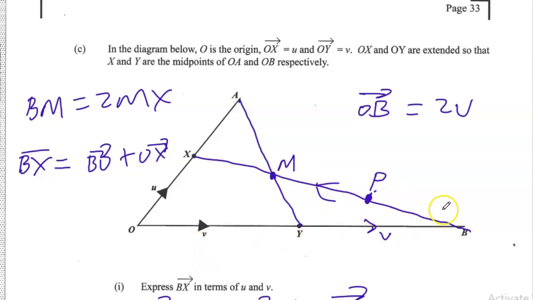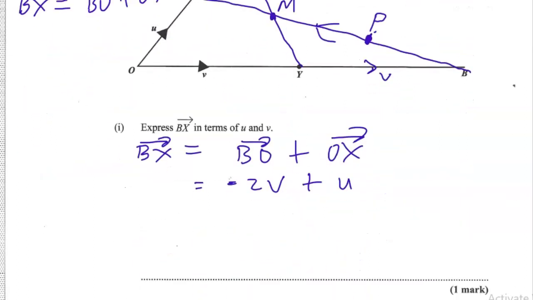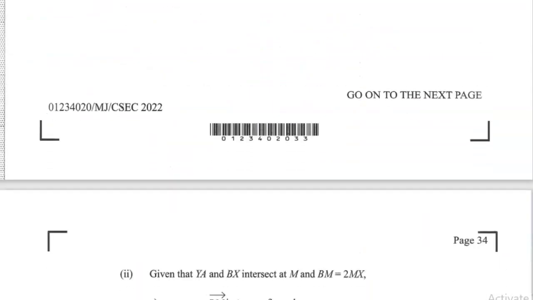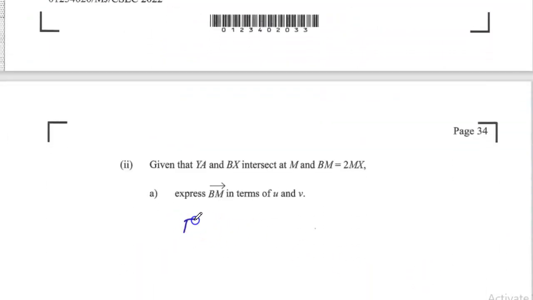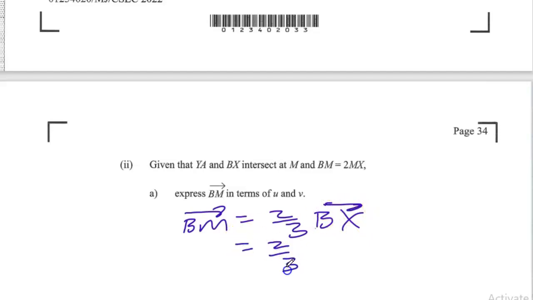BM is just 2/3 of BX. So B to M will be just 2/3 of BX. Alright, so 2/3 times, and we found BX to be u